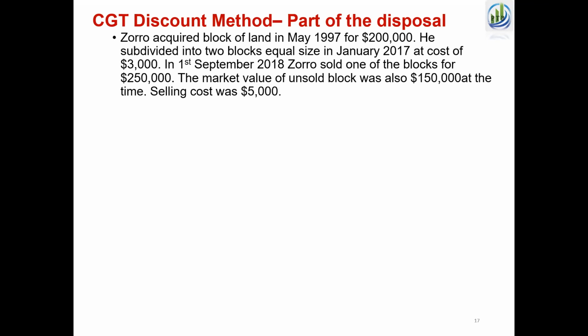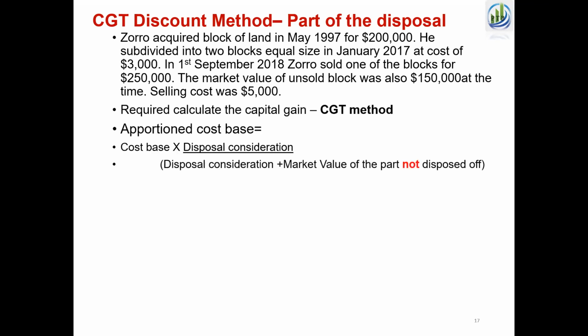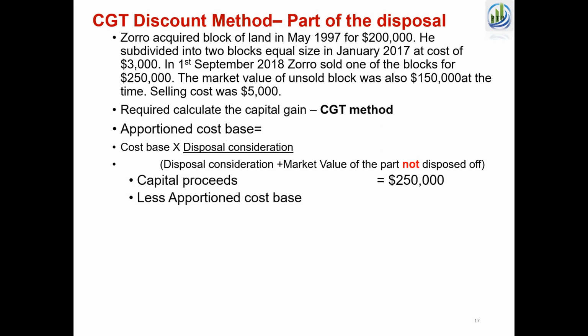So there, we will see how the apportionment method works. The apportionment method means that, based on the market value of what you sold, you calculate the land cost. I put a formula, but I will explain through the numbers. How much did we sell this property for? $250,000. How much is the land cost for that one? So what is the formula? Your cost base, which is $200,000. Your disposal consideration, meaning the money you received from the sale, $250,000, divided by the disposal consideration of $250,000 you received